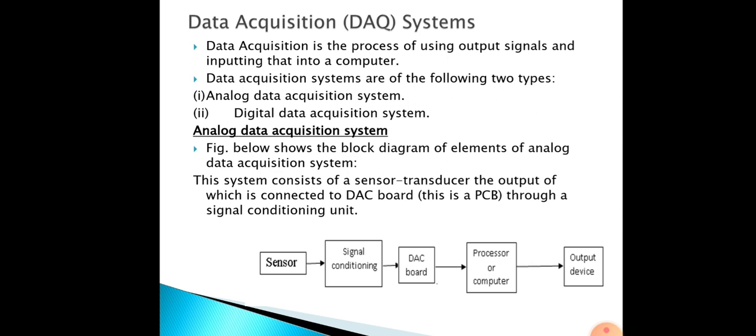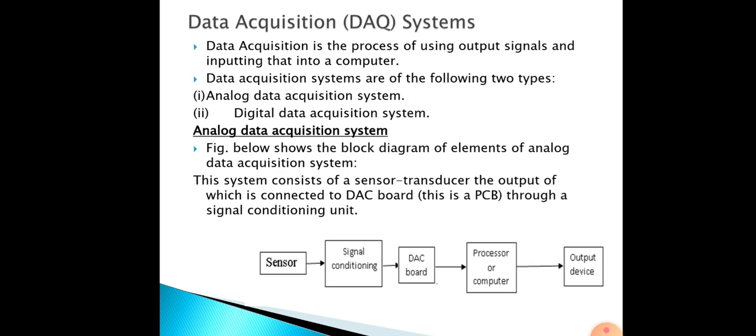Then the DAC board is plugged into the computer. The DAC board consists of a multiplexer, amplifiers, ADC, register and control circuitry. The output of the control circuitry is connected to the computer system. A software is employed to control the acquisition of the data through the DAC. When the program requires input from a particular sensor, it will activate the DAC board by sending a control word to the control and status register. The control word indicates the type of operation to be carried out and gives the output.